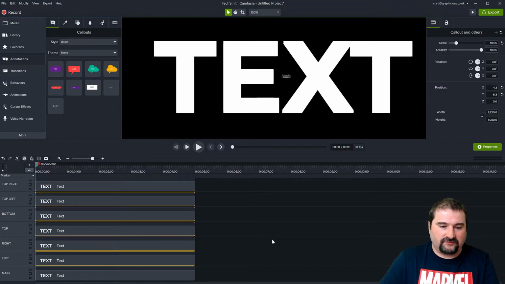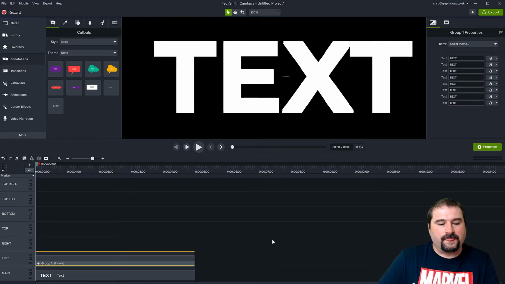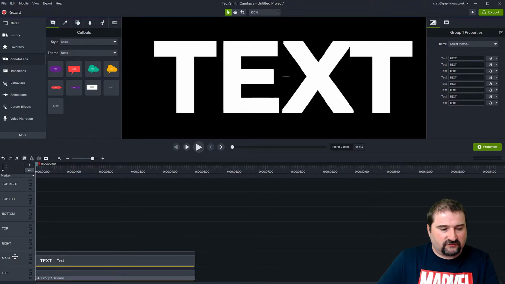So I have all of my tracks selected with all of my texts. Control G to create a group like this. So now all of my offset texts are inside of that group, and my main text is at the bottom there. I'm going to move my main text track to the top. This is no longer left now because I've grouped everything, so I can just rename this one outline. The names don't really matter. You can rename the group or whatever you want to do. You'll be able to add this to your library at the end and reuse this in your projects anytime you like.